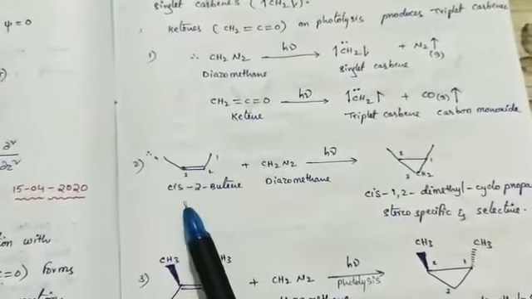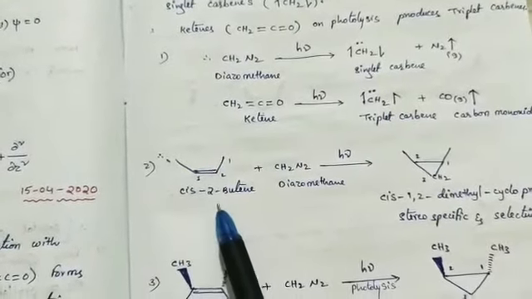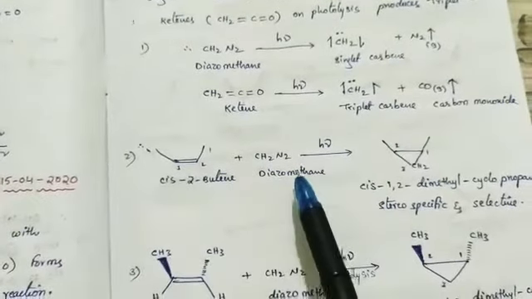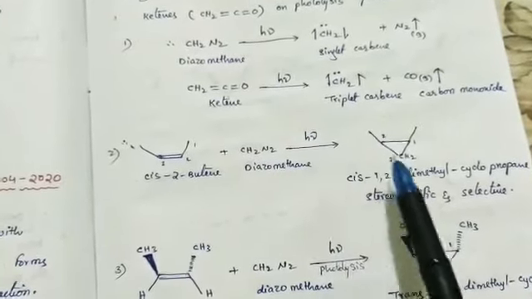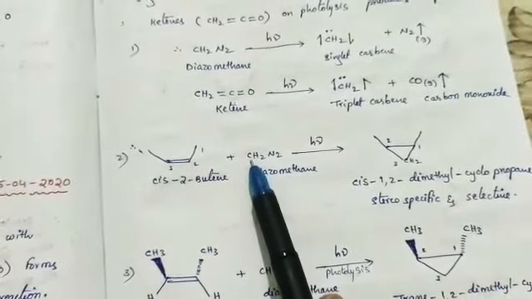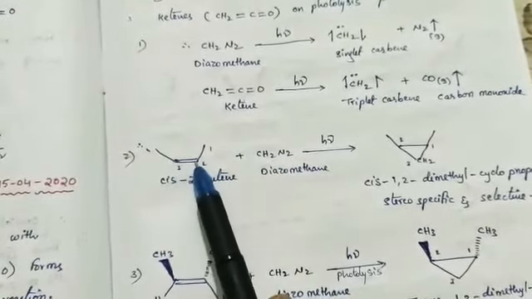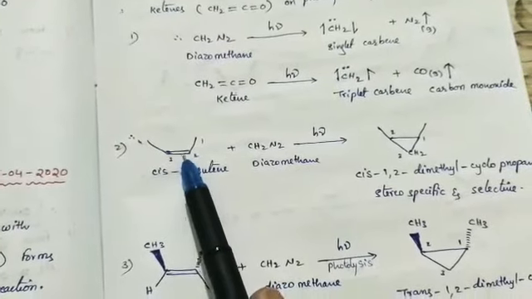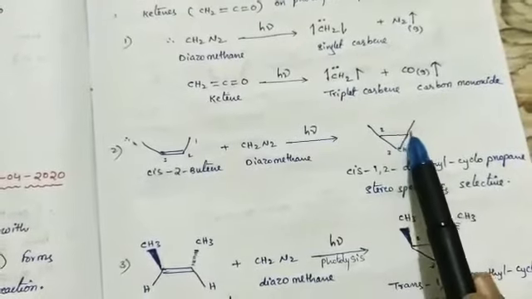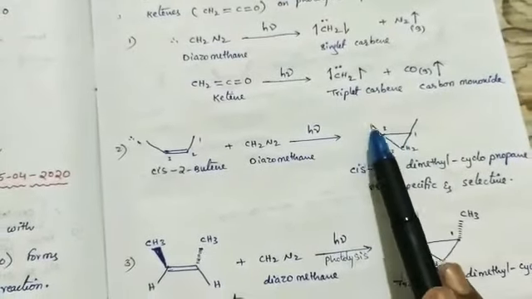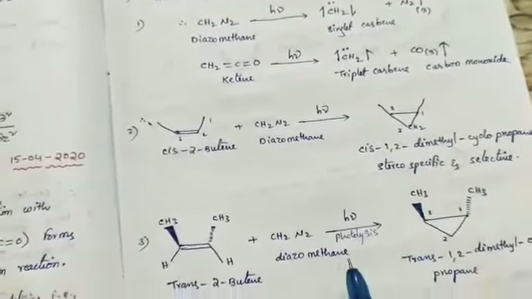Now take one example, cis-2-butene, where the methyls are on the top side, which means it is a cis compound. We add diazomethane in photolysis under sunlight conditions, then the CH2 intermediate, the singlet one, is attached between carbons 2 and 3, since it is an unsaturated compound with a double bond, so that it forms a cyclic compound. It is a cyclopropane where carbons 1 and 2 contain methyl and methyl. So the name of the compound is cis-1,2-dimethylcyclopropane.